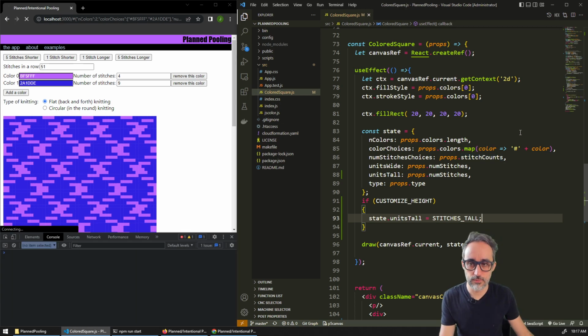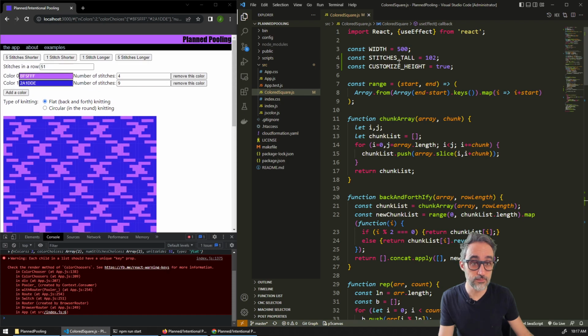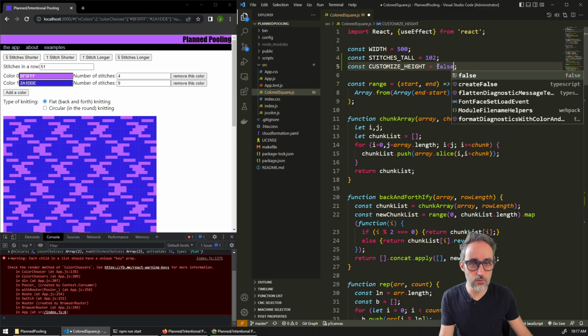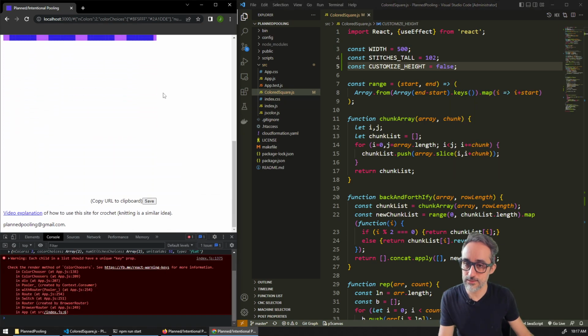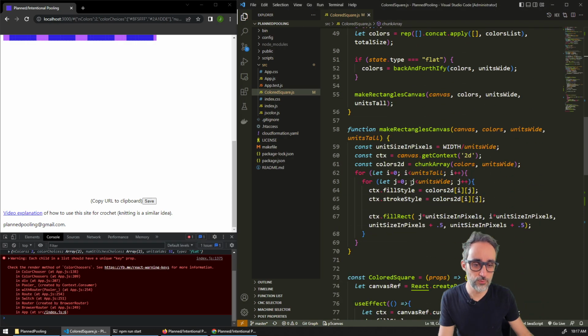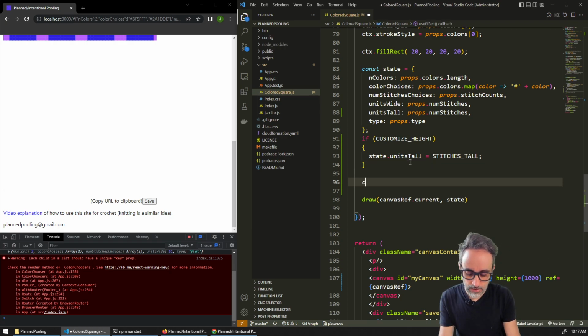So right now I'm going to save. I have a very tall object, right? And then stitches tall. Let's say that I say no customization. And this gets very short, but I still get this very high, right? So what I need to do is now I need to compute here const